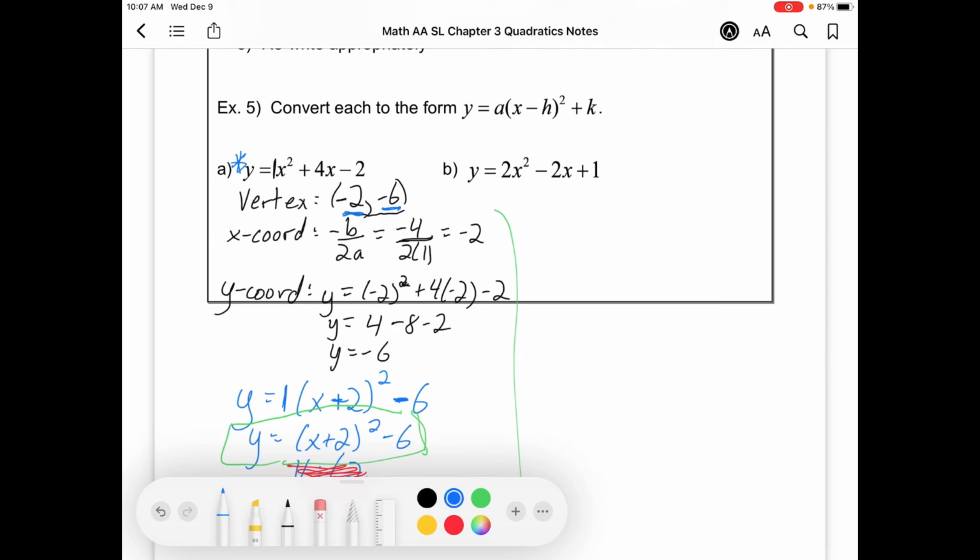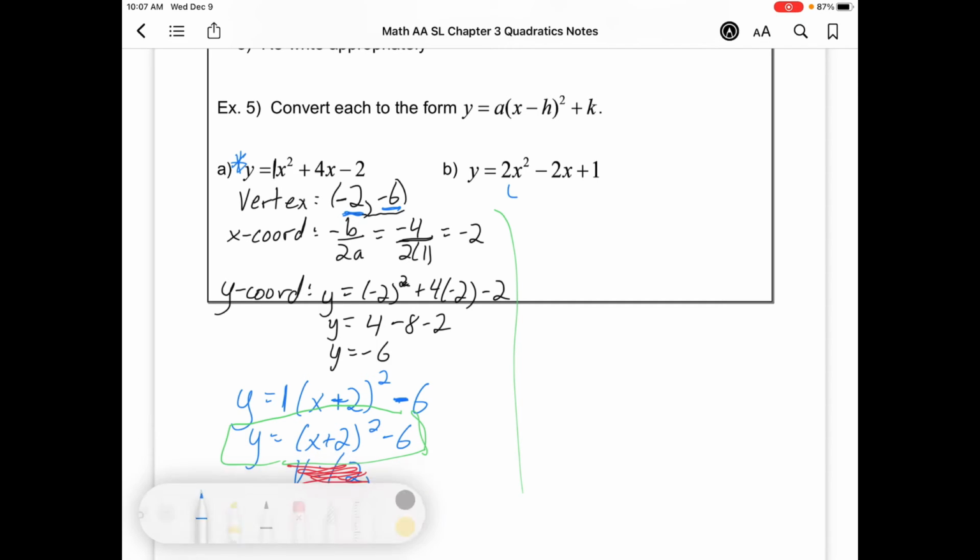Once again here, I've got an a value that's positive. So this is my a is 2. In the end, I'm going to have a 2 by x minus h all squared plus k. Now I just have to hunt down that vertex. So vertex